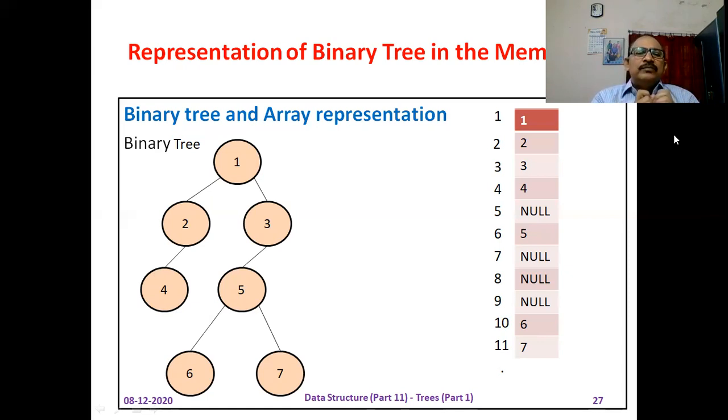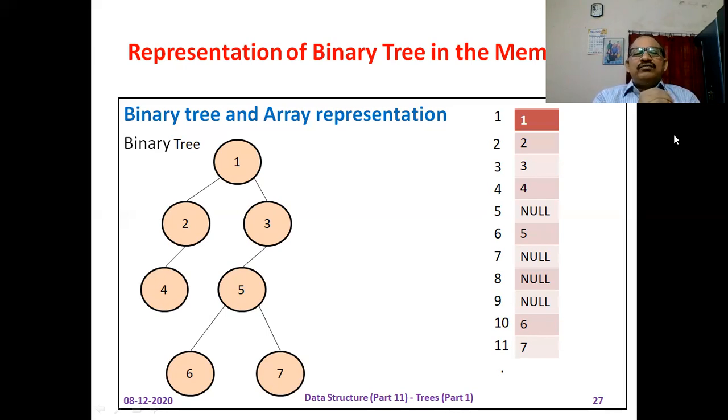Here you can see the root node, where we store a root node 1. We stored the root node 1 at the location 1 of the array. In the picture, right hand side, you can see the root node 1 is stored at location 1.